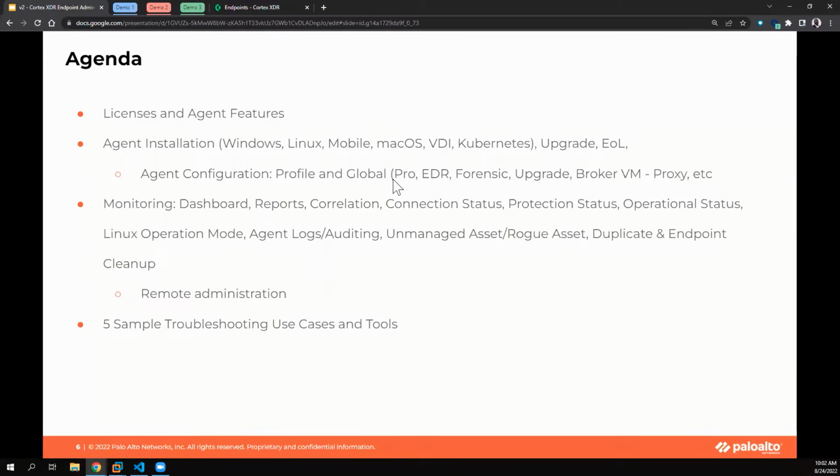Our agenda for today is as follows. We will start with licenses. Your licenses determine the features that will be available on your tenant. Therefore, if a view is missing, validate with your licenses. Next, we will talk about what you should watch out for